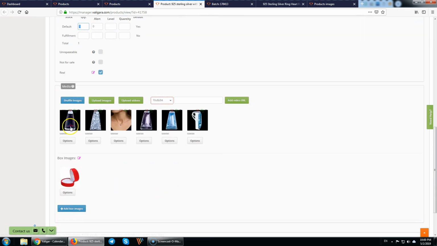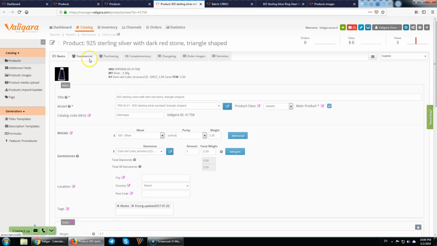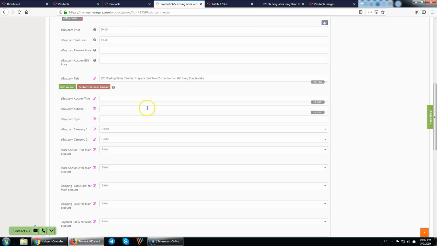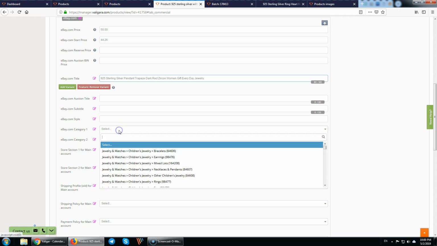Okay, I'm fine with the images. I can play with the position of these images. I'm going to the eBay section of the product. Let's see if we have to complete something here. We have the ebay.com price. We can define also the auction price as reserve, but now it's less relevant. The ebay.com title is here. I can also set for this product the necklace